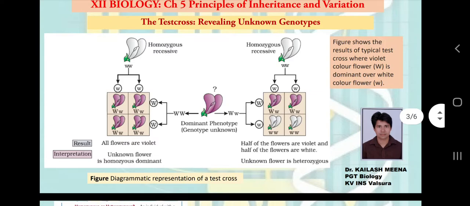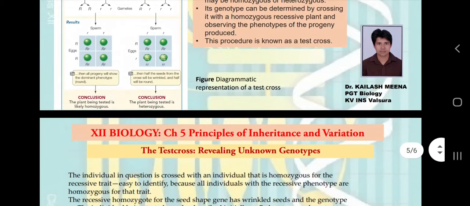So this is the very simple test which we can perform to know whether a plant showing the dominant phenotype is homozygous or heterozygous. Let's consider another example, of seed shape. There are two possibilities shown here. If we get a rounded seed shaped plant, it is denoted by only capital R and a blank space. Why a blank space? Because it may be capital R capital R, or capital R small r. In both conditions it will be spherical, rounded shaped, and we will observe it.